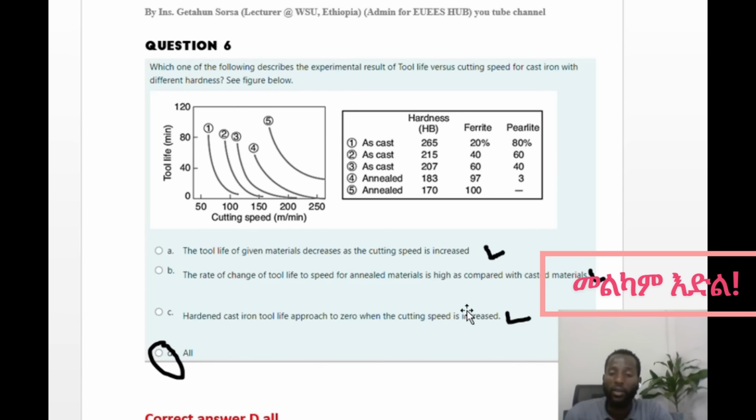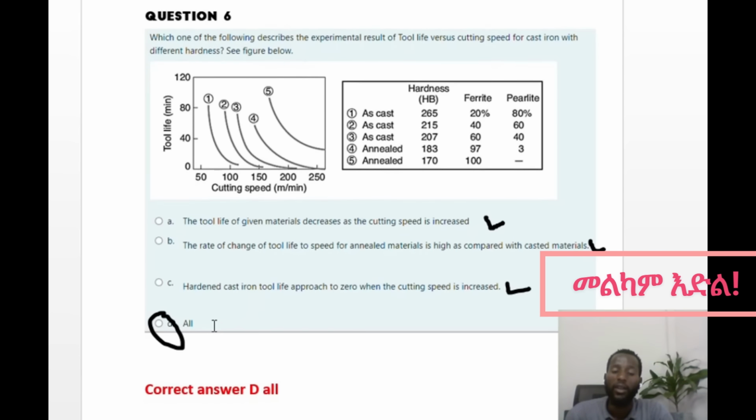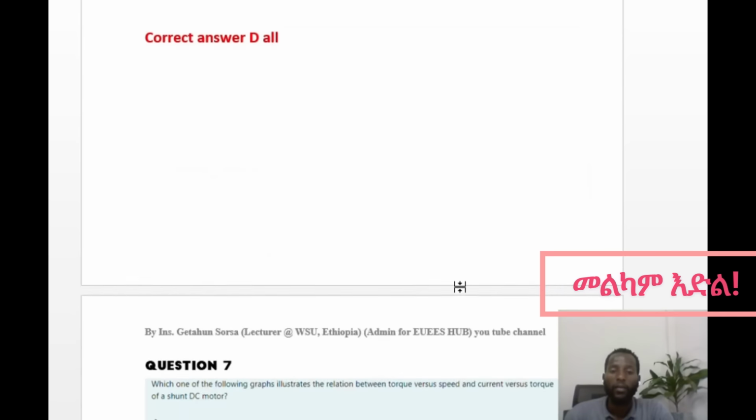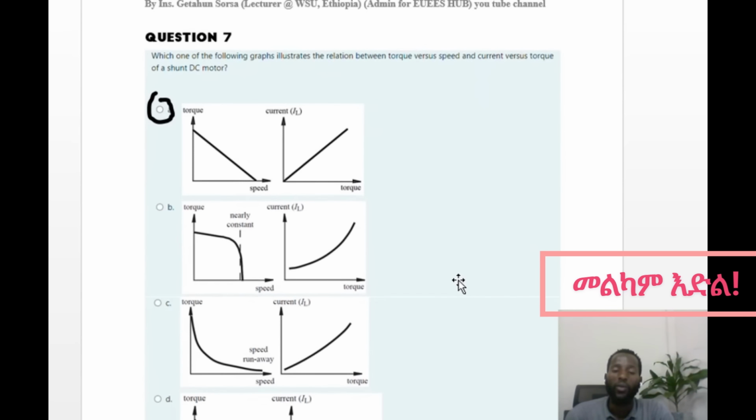So this is true also. The correct answer is D, all are true statements, which shows the experimental result of tool life versus cutting speed for cast iron. So D is the correct answer. Next one,